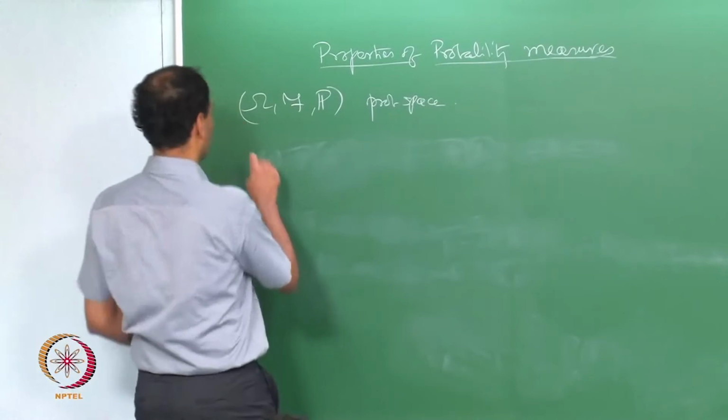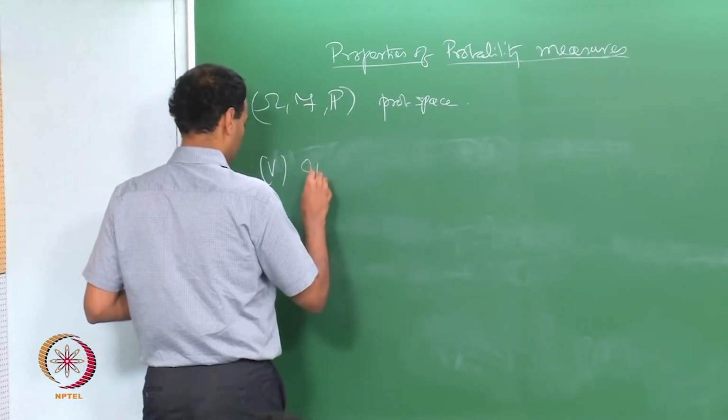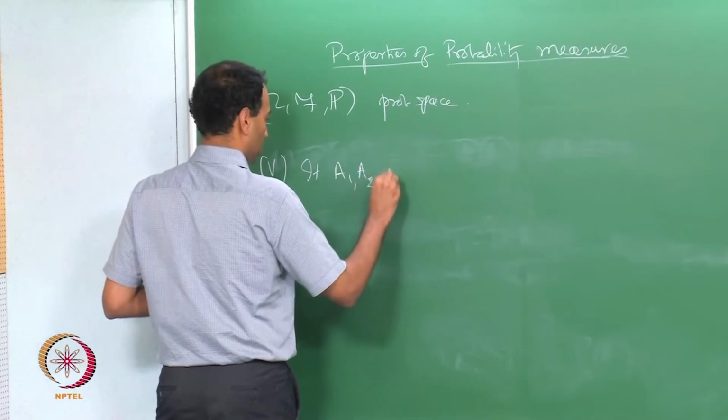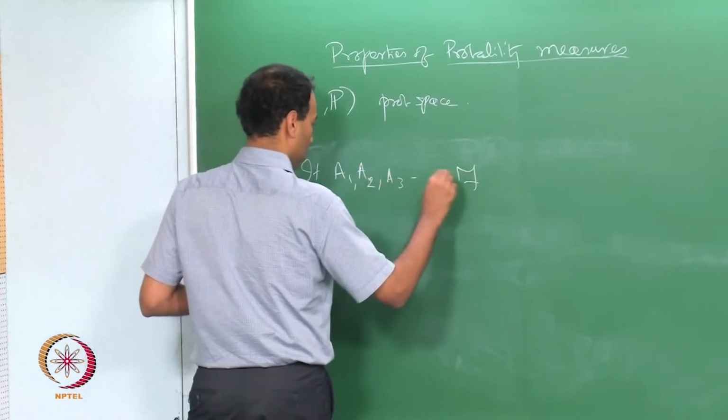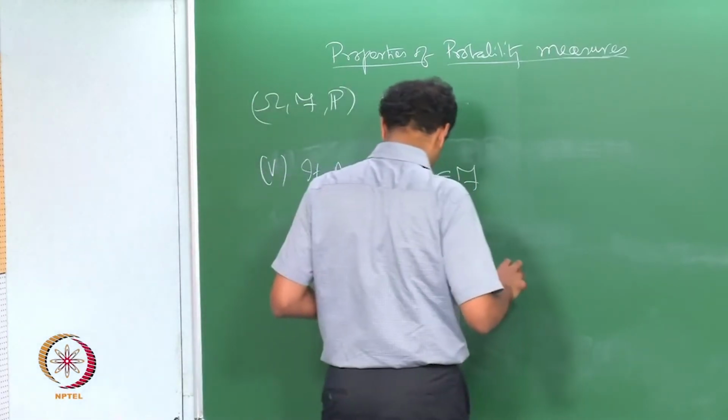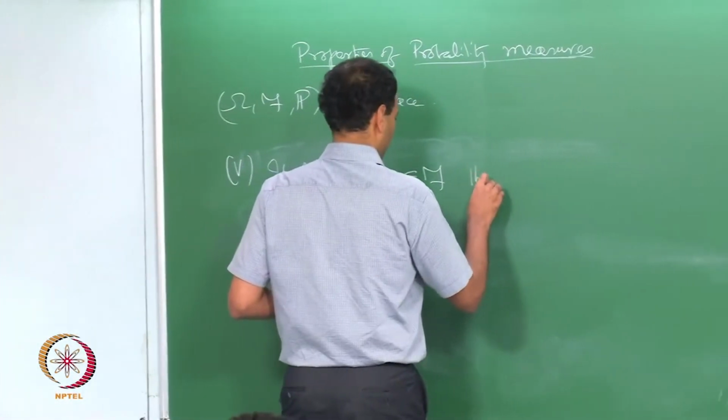Property number 5. If A1, A2, A3, dot dot dot are in F, then